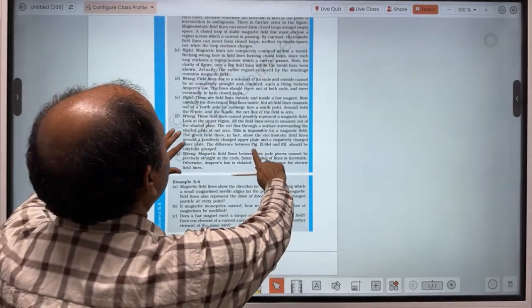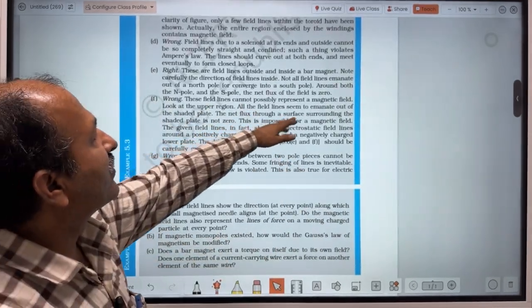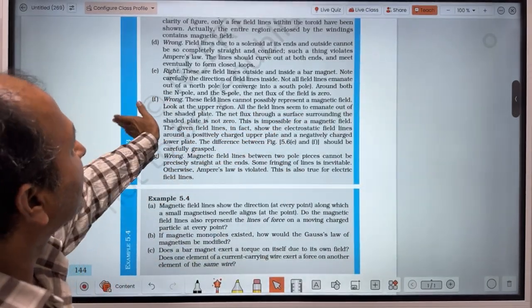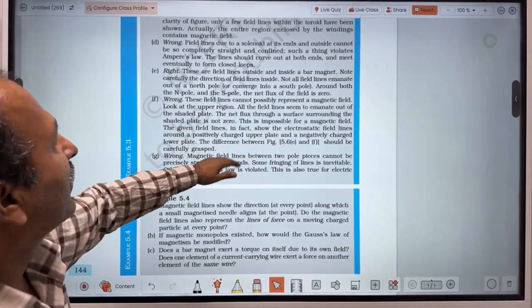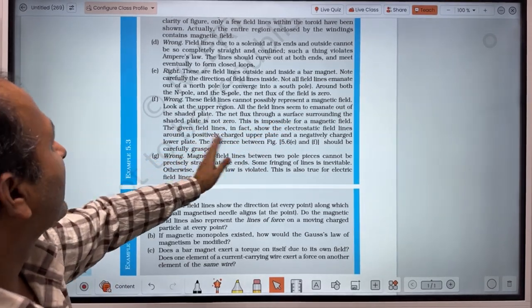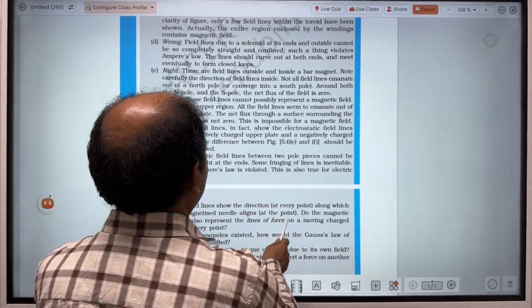These field lines cannot possibly represent a magnetic field. Look at the upper region. All the field lines seem to emanate out of the plate. So the net flux through a surface surrounding the plate is not 0. This is impossible for magnetic field lines. So you can read it. It is simple. And then the last point is,